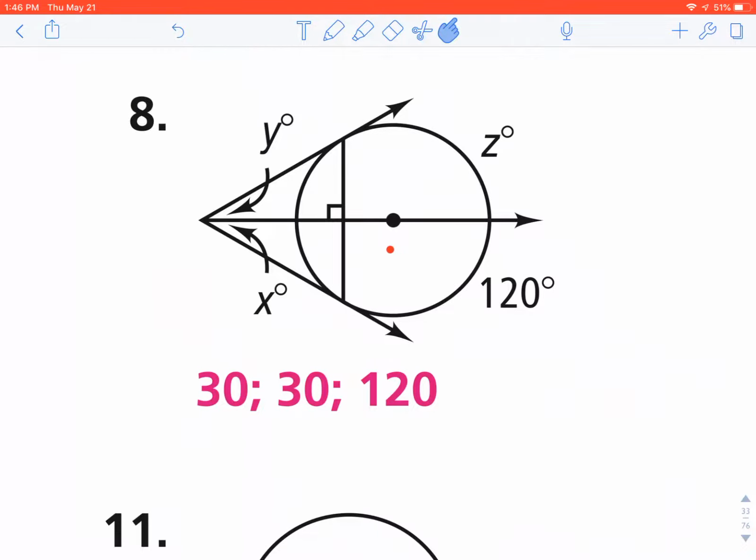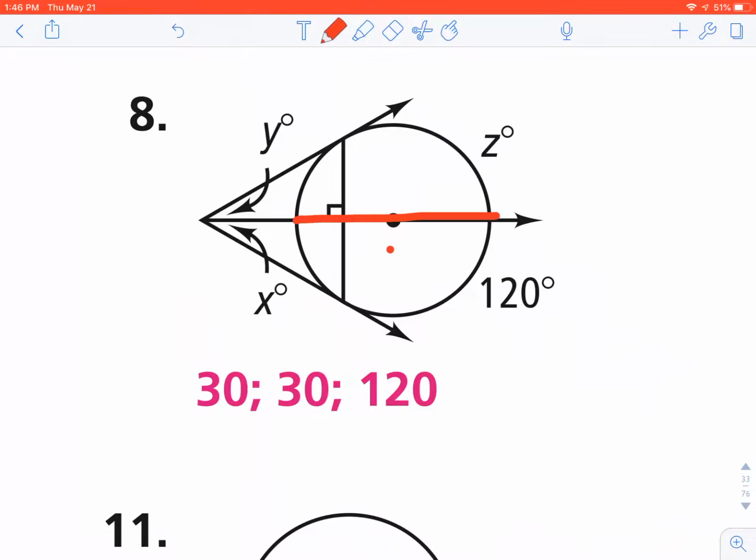looks kind of complicated, and these are something I forgot to mention when I lectured. These are great SAT, ACT questions because they look impossible. They look like they didn't give you enough information, but they're pretty simple. The first thing that I see in number 8 is that we do have a diameter. Okay, they did give me a diameter, and then you're going to have to actually go back to 12.2 and